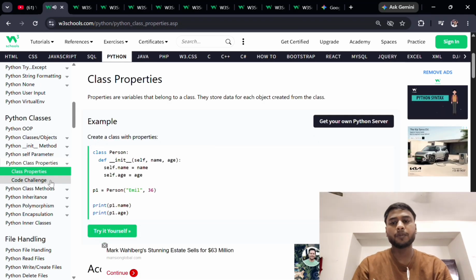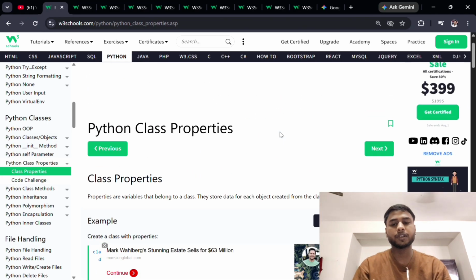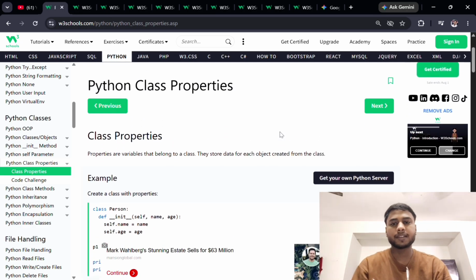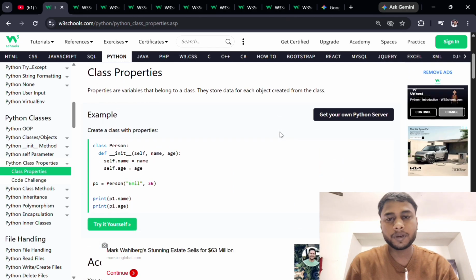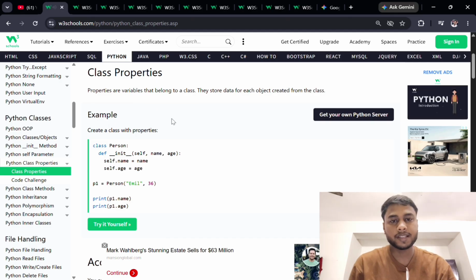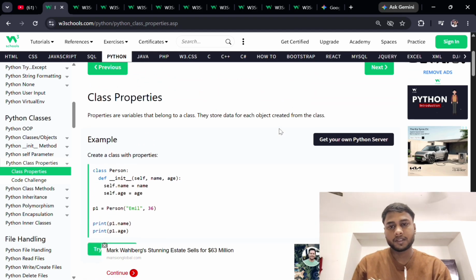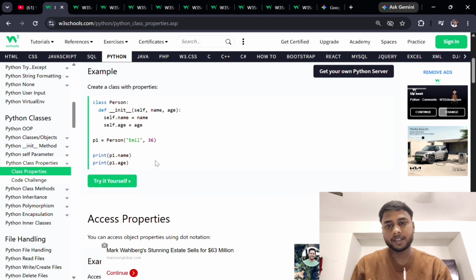So friends, now we discuss about Python class properties. So here it is class properties क्या होता है friends? So properties are variables that belong to a class. They store data for each object created from the class. Understand? So here is the example. As you can see,